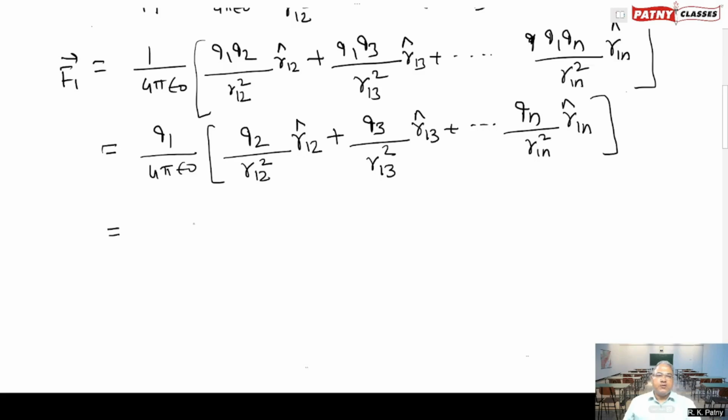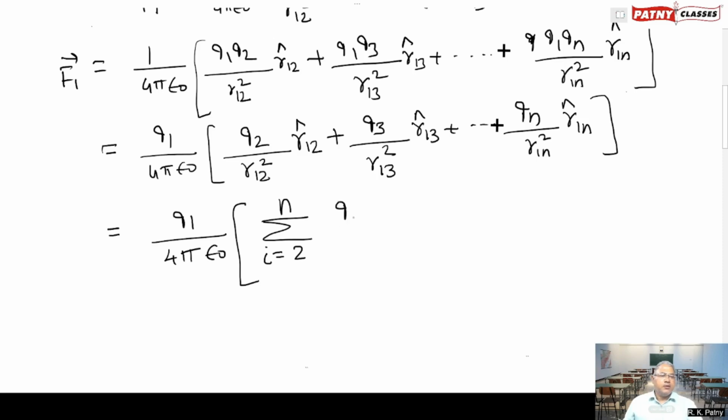In summation form, it can be written in simplified form. Q1 upon 4 pi epsilon naught summation. The minimum value of the charge index starts from 2 here, since 1 is the common one. Therefore, i equals 2 and the last charge is n. So starting from 2 to n, and here is Qi divided by